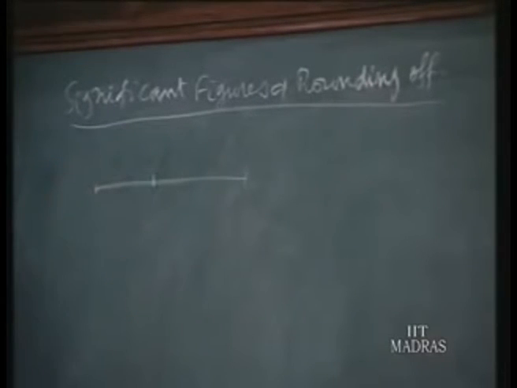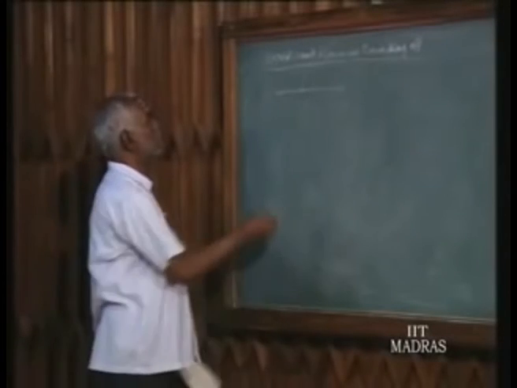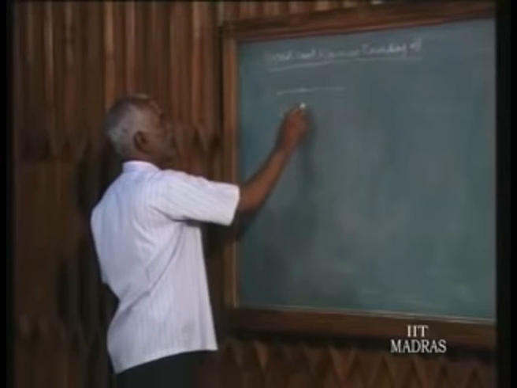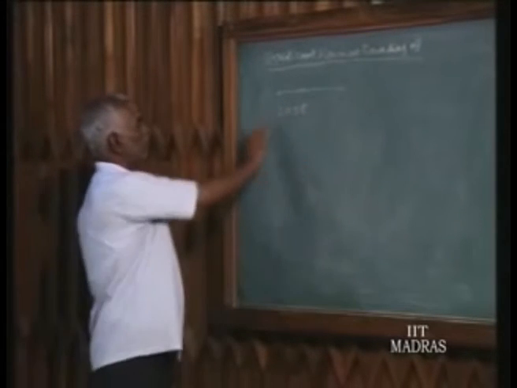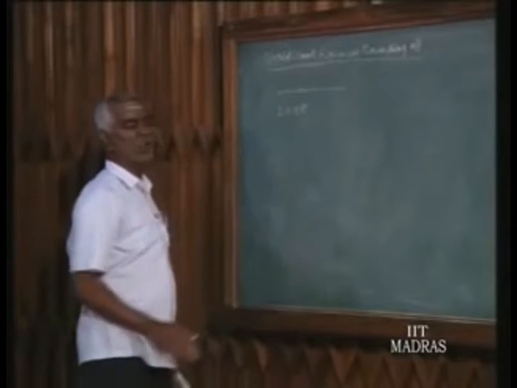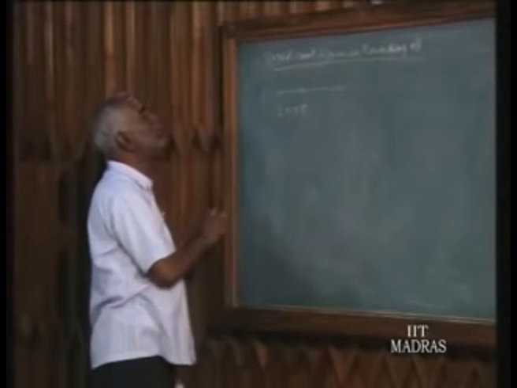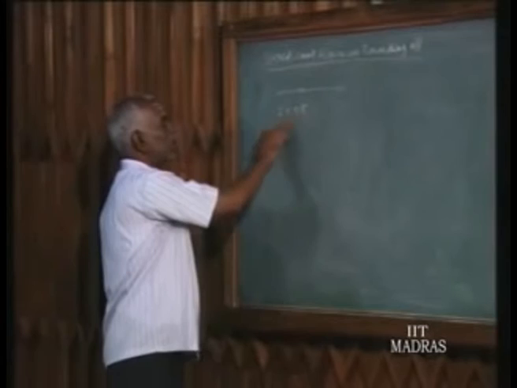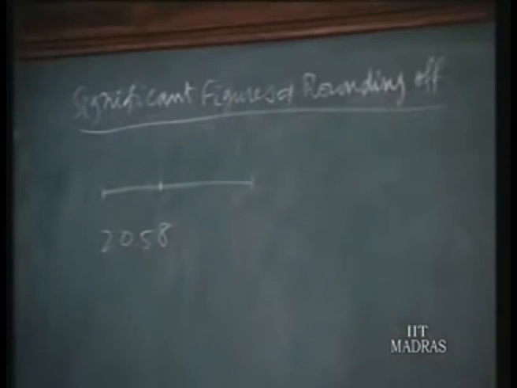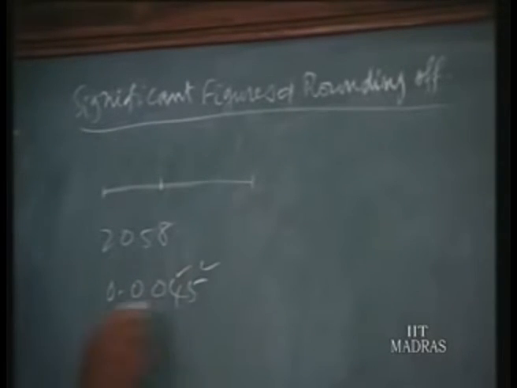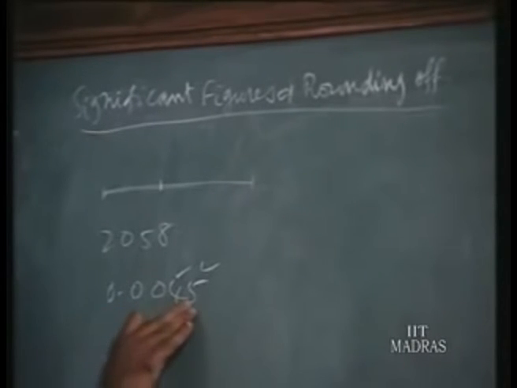So how to do it scientifically, that is what you have to learn. For that, what significant figures and rounding off are must be understood. Suppose you take a number, some number 2058, a whole number. Here we say each digit is significant. The 0 within a given number is significant, but 0 will not be significant in some other instance. Suppose we write 0.0045, then 4 and 5 are significant and the 0, 0 are used only for fixing the decimal place of the significant digits. In that case, the 0, 0 are not significant.